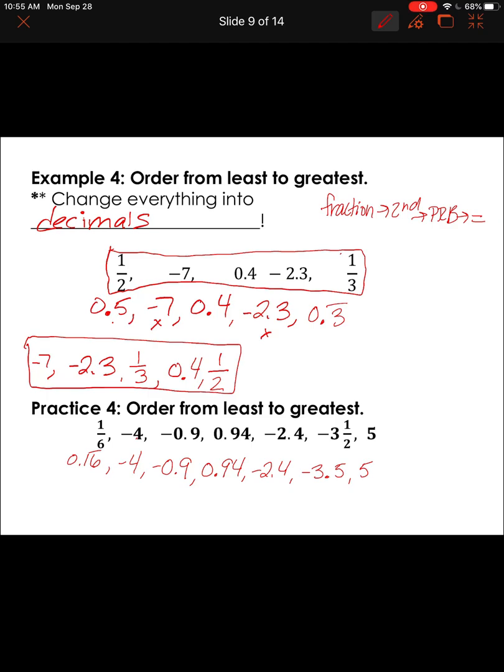Okay, least to greatest, so we need the biggest negative, which is -4. Then it looks like, oops, nope, we have -3 1/2. Use your fraction. Then it looks like we got -2.4, -0.9,